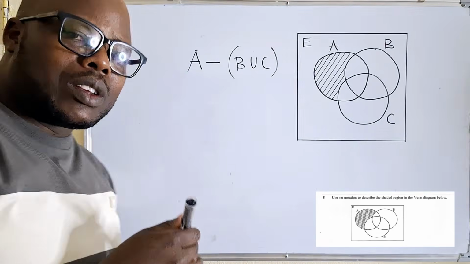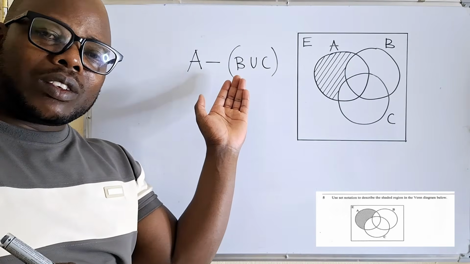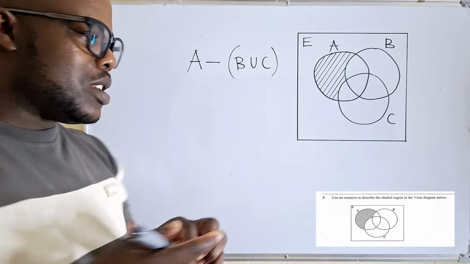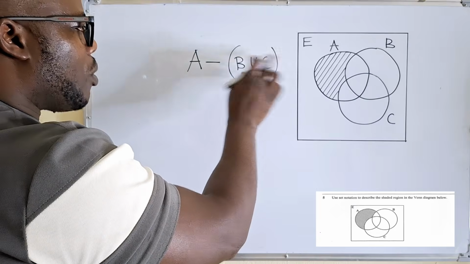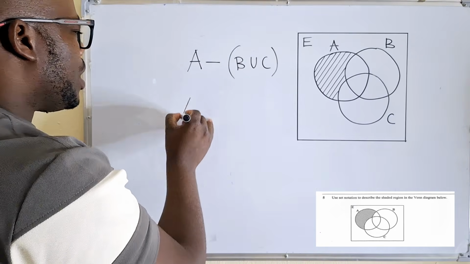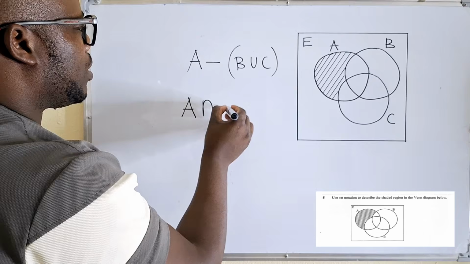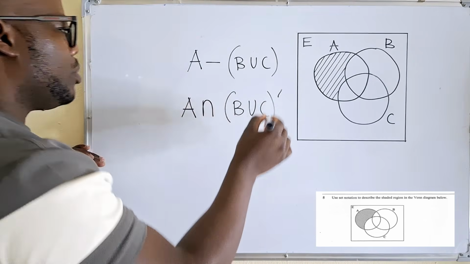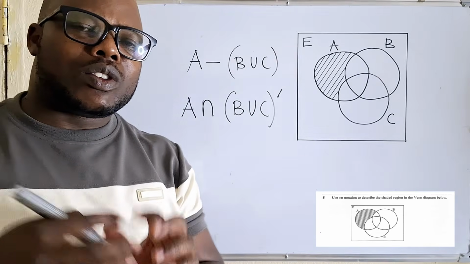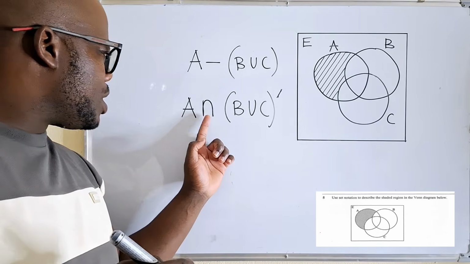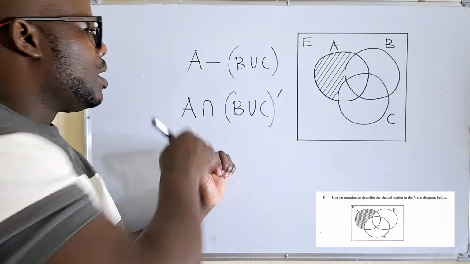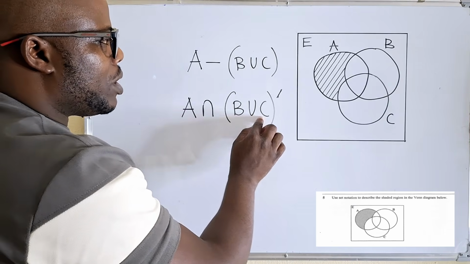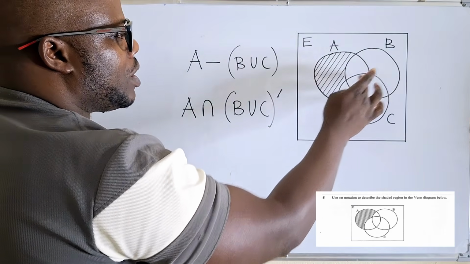We are subtracting that. I'm not encouraging you to leave your answer like this. So in mathematics, you have to know that minus simply means a complement. So of course, this is the complement of this. So this will be A intersect (B union C) complement. So how did I get to know that I'm supposed to put intersection here? This is intersection. Of course, the B union C complement, you don't get what is in B and